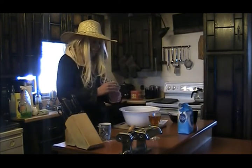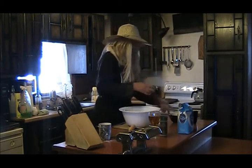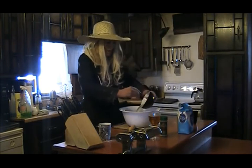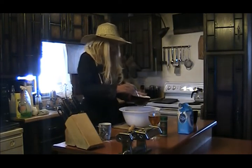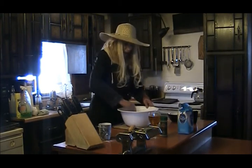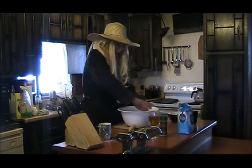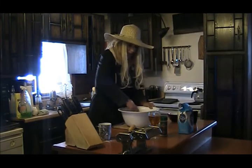Okay, so you do that. And now, we're going to have the fun part. We're going to take the yeast mixture and stir it again just to be sure nothing's left in the bottom of the bowl. Dump it into your dry ingredients and stir it around for a few minutes till it gets all wet. Now you'll be able to judge whether or not it's going to make good dough. And sometimes you might have to add a little extra liquid to it if it's too dry, and vice versa. But after you get it fairly mixed, you want to